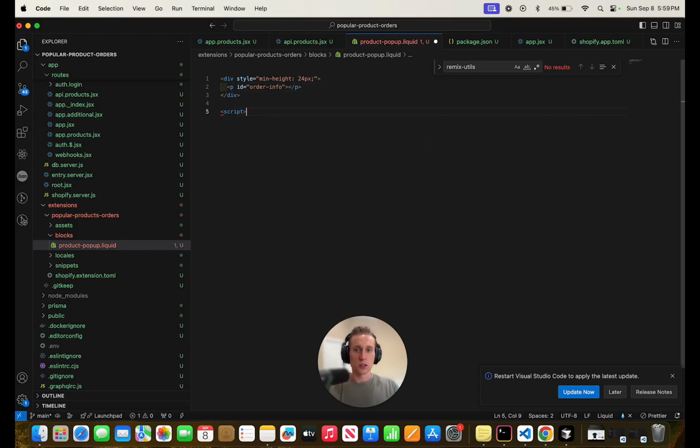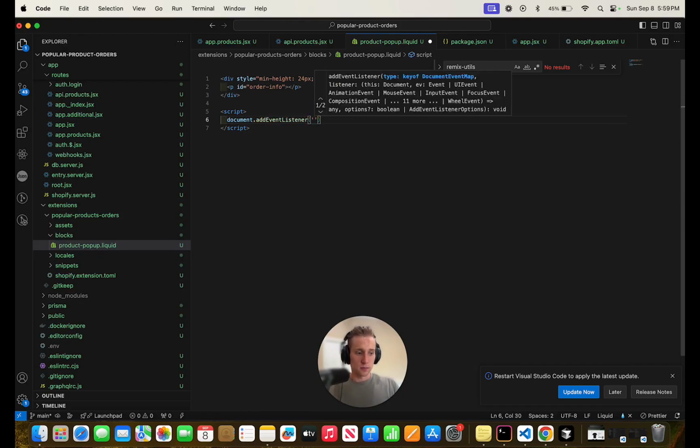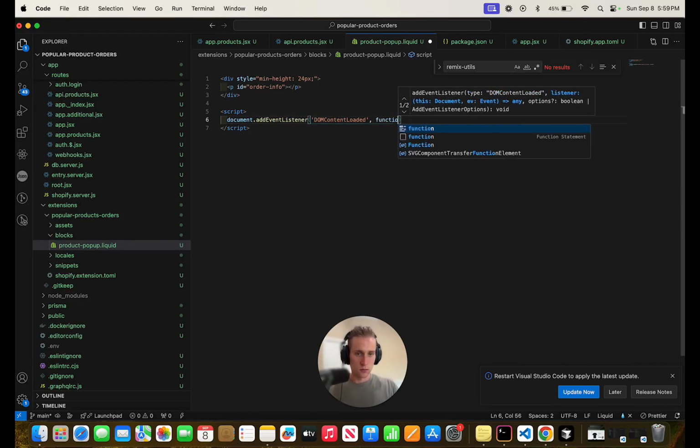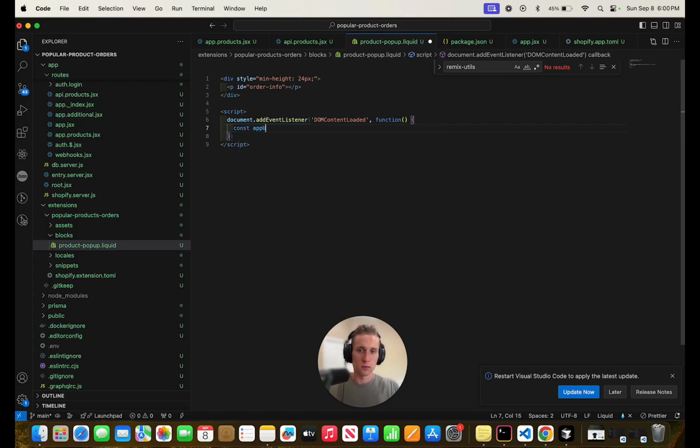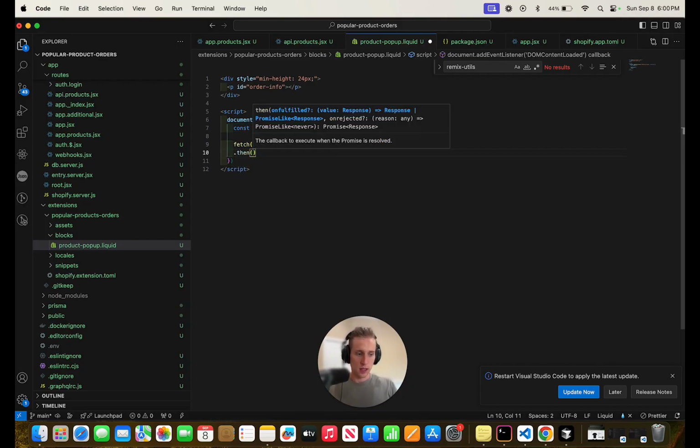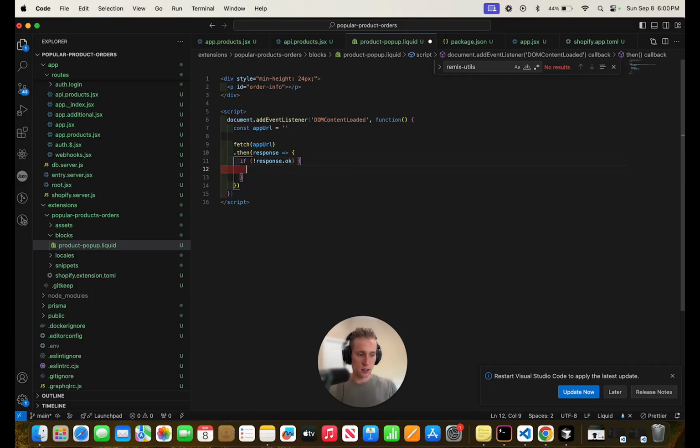So now I'm going to add a script tag here, and I'm going to add an event listener. We're going to come back and fill this app URL out in just a minute because we need to create an app proxy, which is what we will do in the next step. But I'll fill out the rest of the data here. So what we're going to do is make a get request to this endpoint. So I'm going to say fetch app URL. And then as a promise, I'm going to get that response. Check if that response is valid. If not,